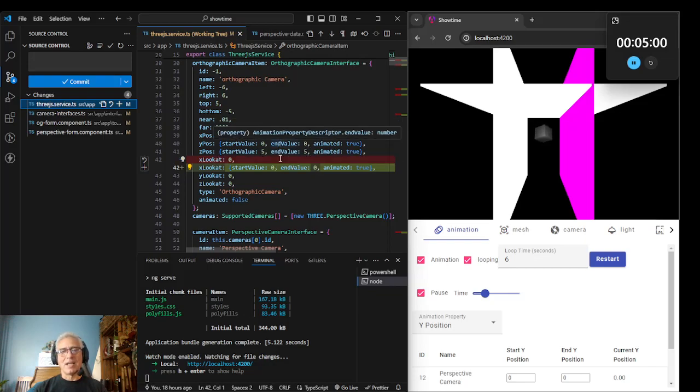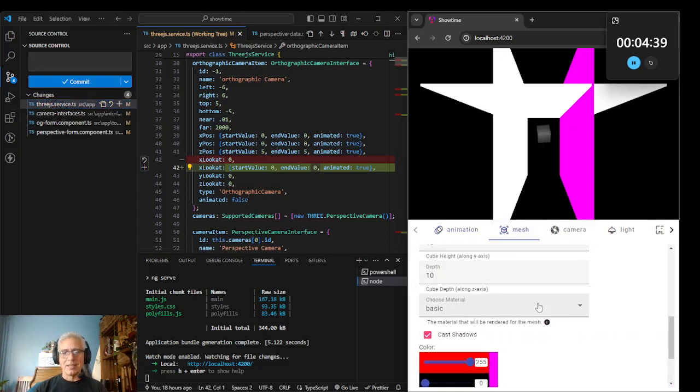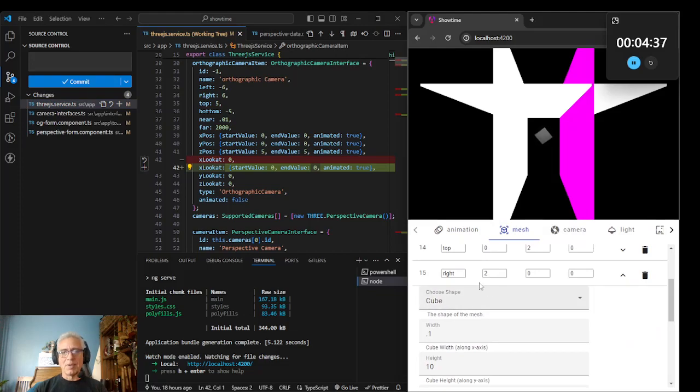but not actually animated. So, if this is a good example, all three of these are animated, but they're not actually animated because their start value is 0 and the end value is 0. So they're technically animated, or yeah, if I were to go into the camera or the mesh and make the whole object animated, but the properties start and end at the same spot, they won't make any